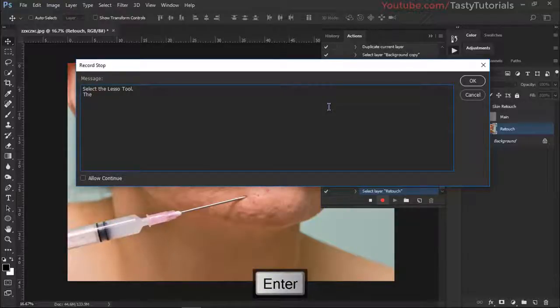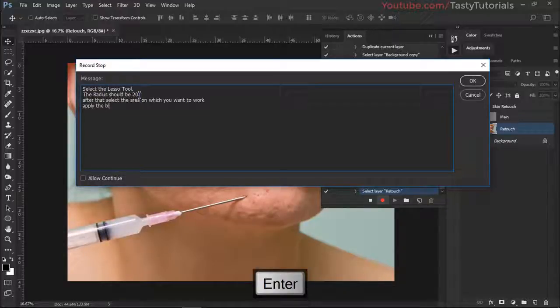We can see the radius should be, we can say, 20. Do not. After that, select the area on which you want to work,